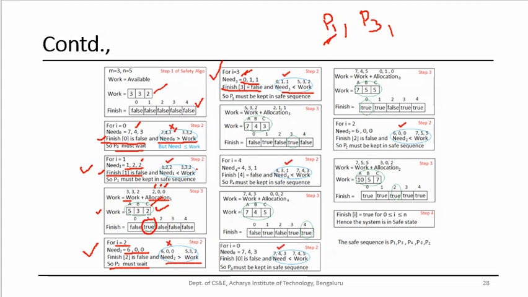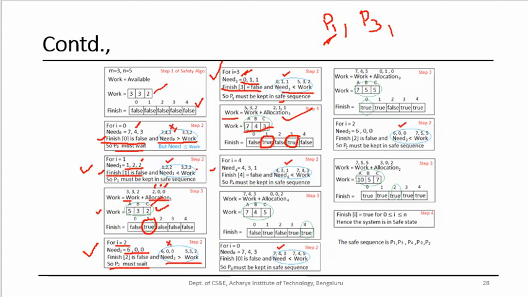What is that claim process? Add the allocation of P3 to work. The allocation of P3 is 2, 1, 1. When we add it to work, it becomes 7, 4, 3. Before we proceed, since P3 has been put into the safe sequence, we make finish of 3 equal to true. Now we have put two processes into the safe sequence, therefore you are seeing two trues in this array.